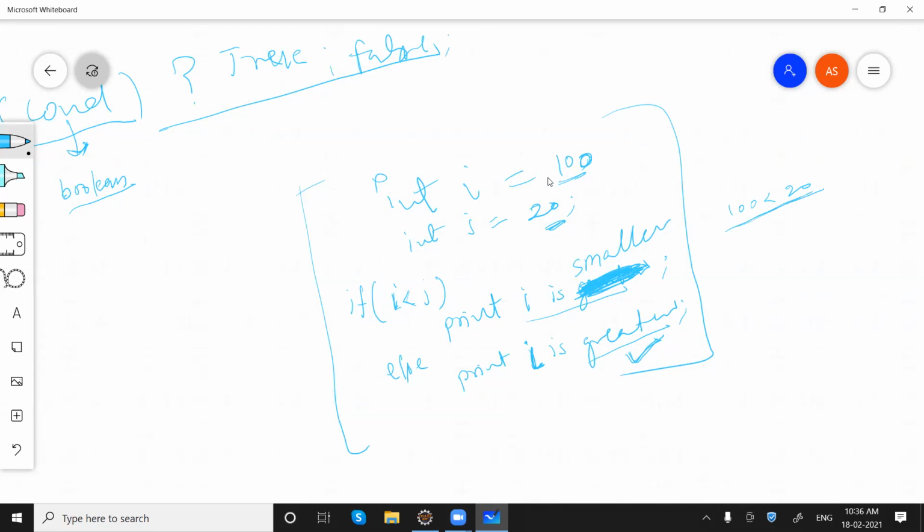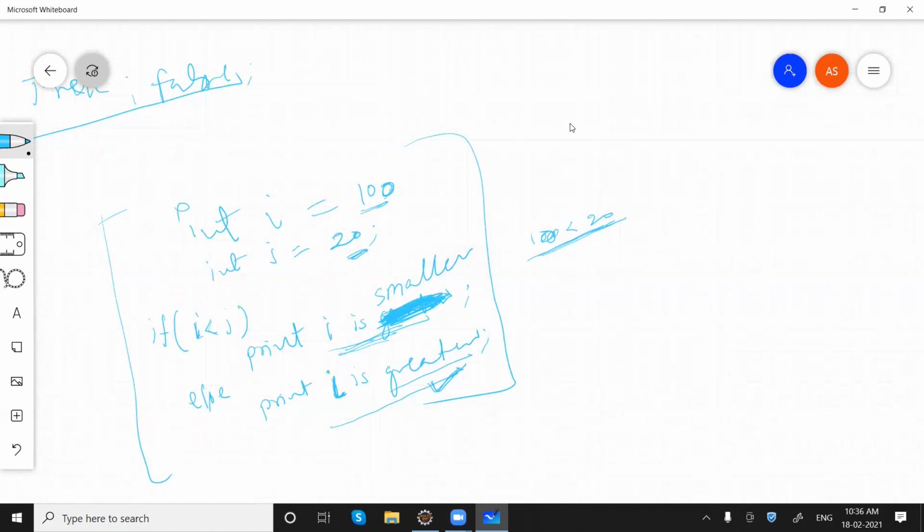This is a false condition, so we'll get "i is greater". When it was 10, then obviously "i is smaller". So we are making some kind of decision here. Or let me take one more example.